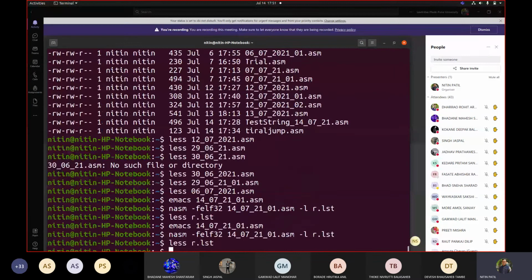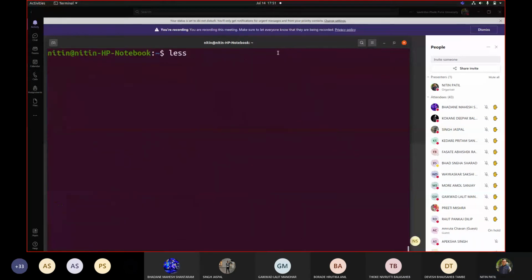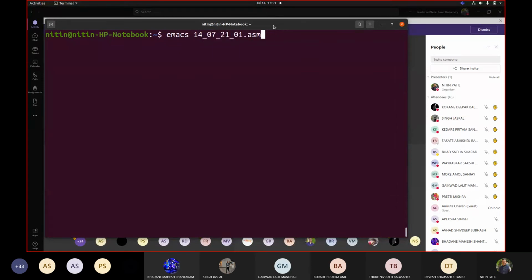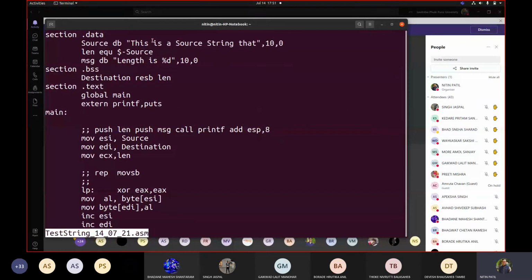Okay. So yeah, so let me see. So we took this one. Today wala testing tha na. ls -ltr. So ls test string 21.asm. So we saw that this is a string, correct?